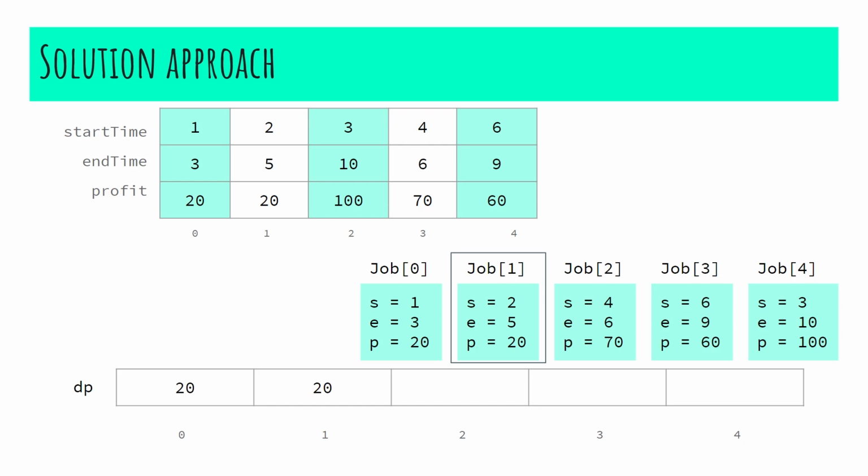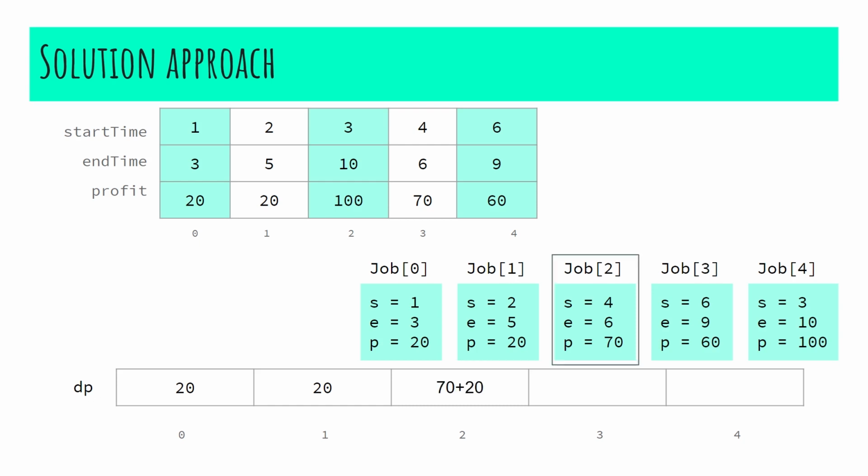Now I'm going to pick my second job. As I pick my second job, I need not perform any binary search. I shall directly proceed to check whether the end time of the first job is lesser than or equal to the start time of my second job. Since the end time of the first job is 3 and the start time of my second job is 2, I cannot be performing both these because there is an overlapping of time range. Therefore, I can either do the first job or I'll have to do the second job. Therefore, the profit I'll obtain if I perform the second job will only be 20.